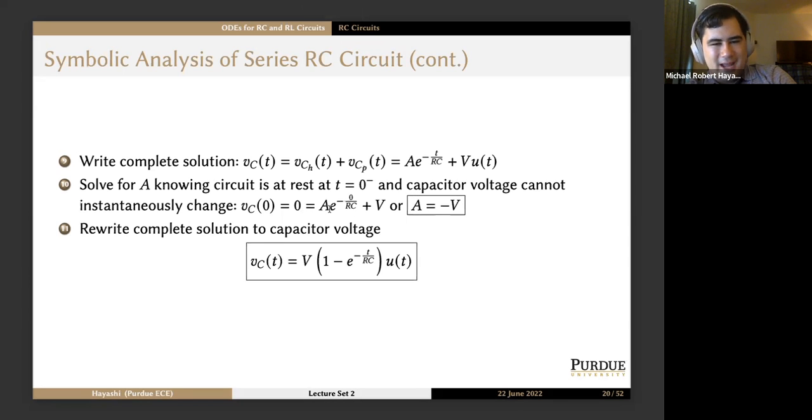So 0 is equal to A e to the negative 0 over RC plus V. Remember, e to the 0 is 1. So we get that A is equal to negative V. So we'll rewrite our complete solution to capacitor voltage. We'll leave a u of t at the end and just say it's V times the quantity 1 minus e to the negative t over RC, an exponential approach. So at time t equals 0, if there's 0 volts, it's going to grow and exponentially approach the value of V. Now, hopefully you've seen this type of relationship before in ECE